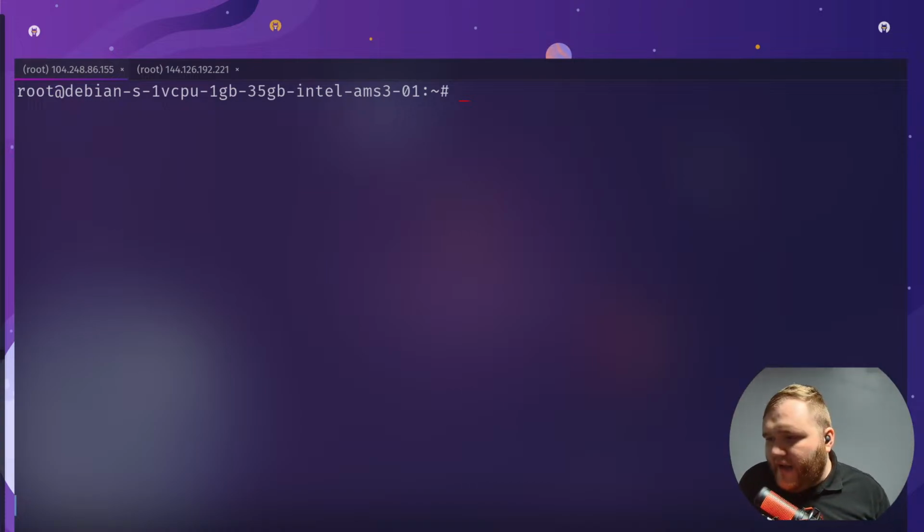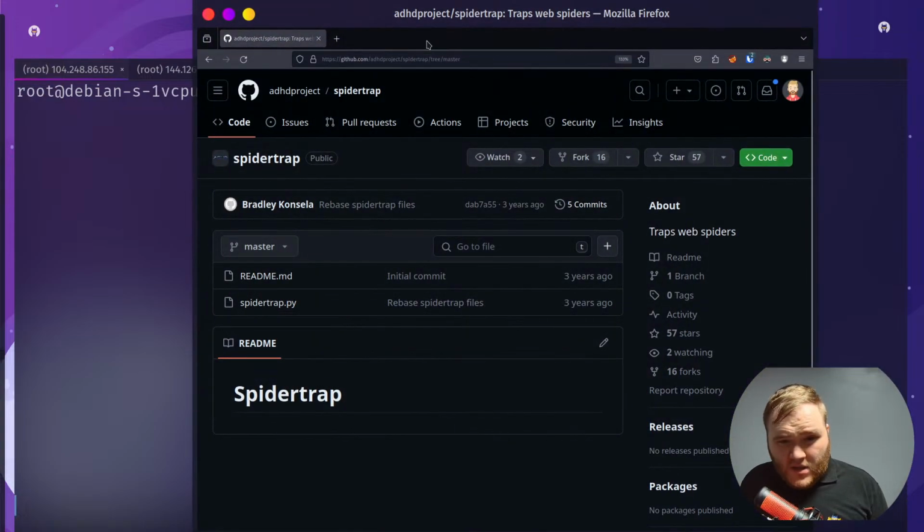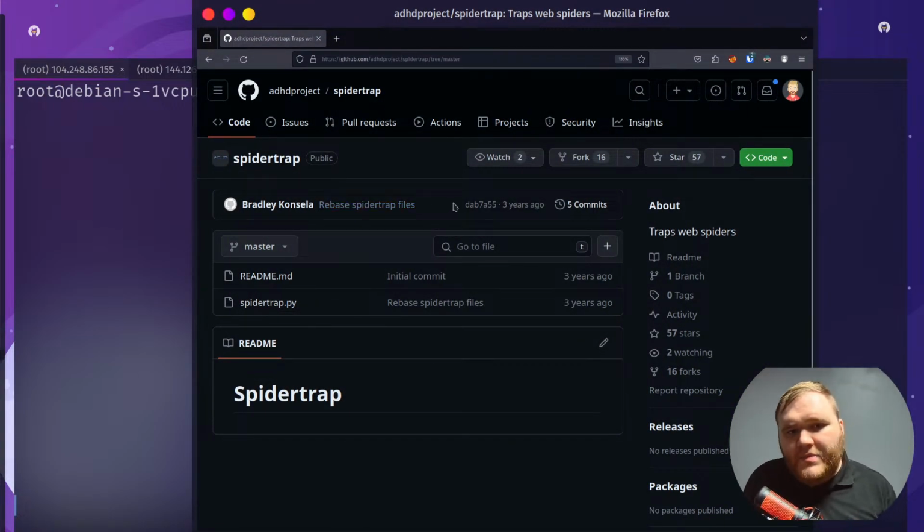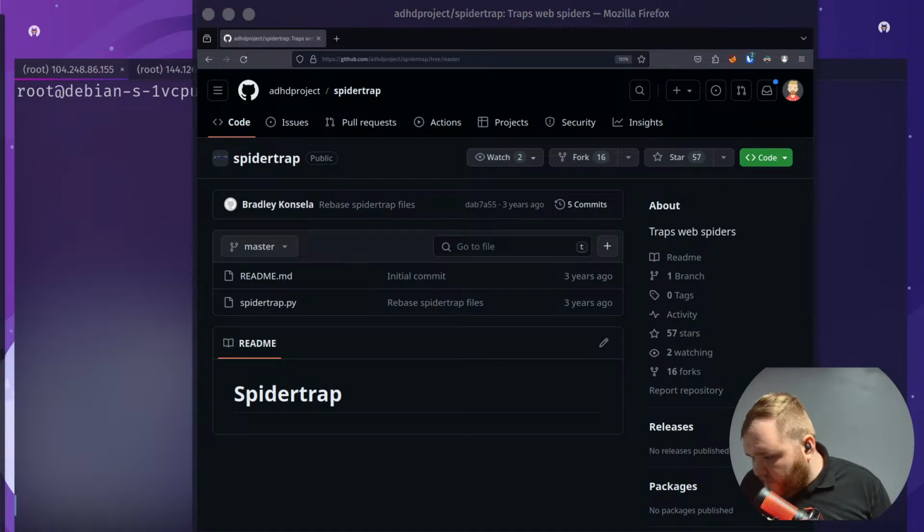So we're going to have to set up a sinkhole application. If you're not acquainted with Blue Team, they've created an application called Spider Trap. It was created some time ago, but all it basically does,